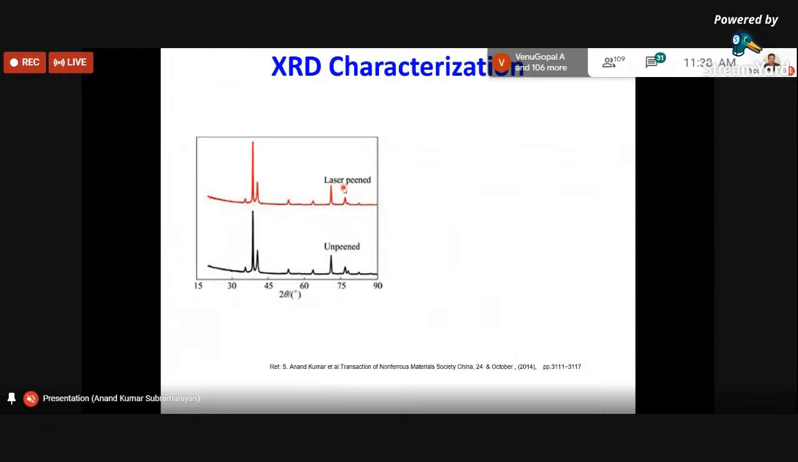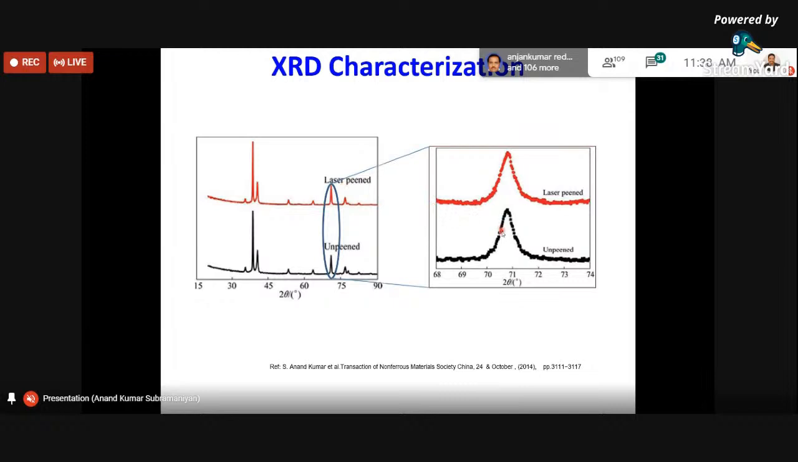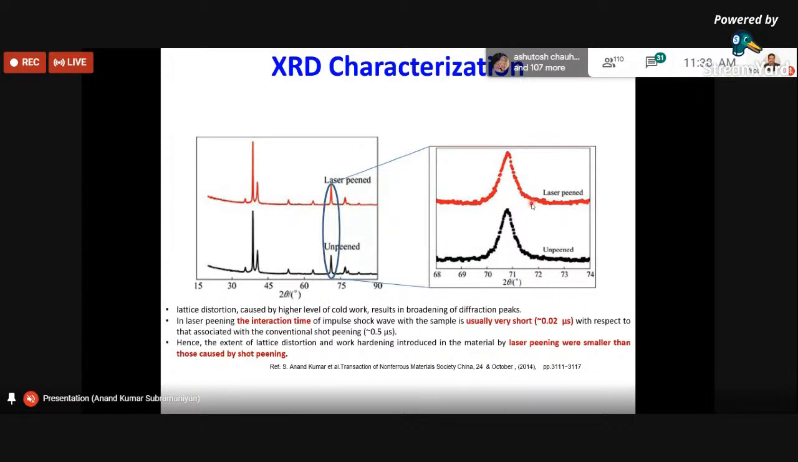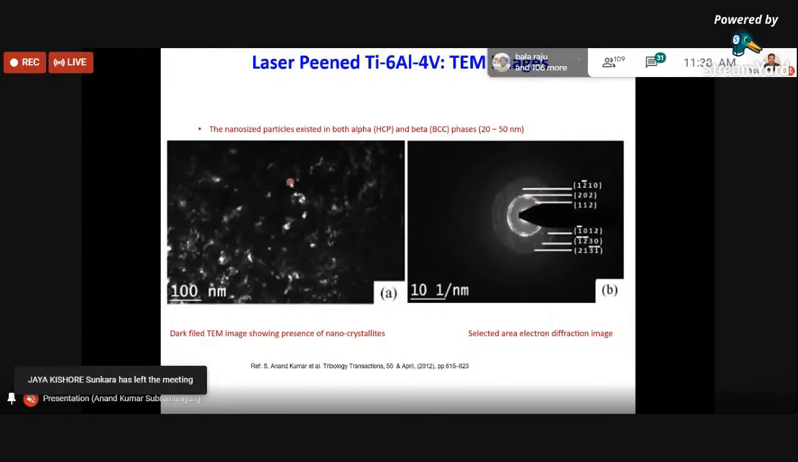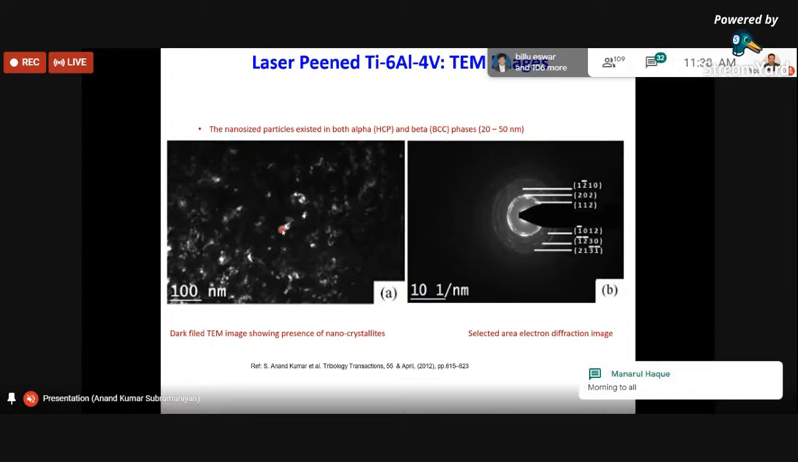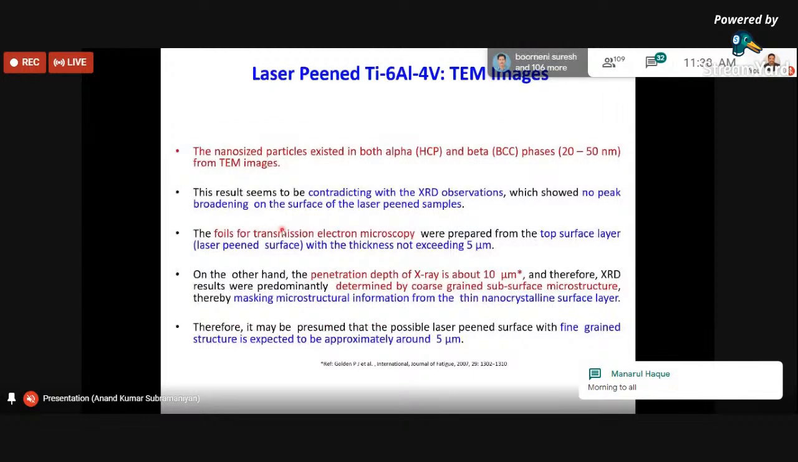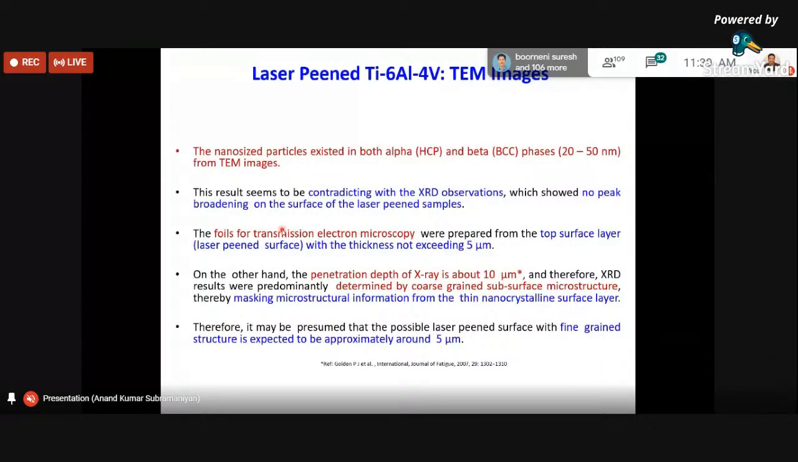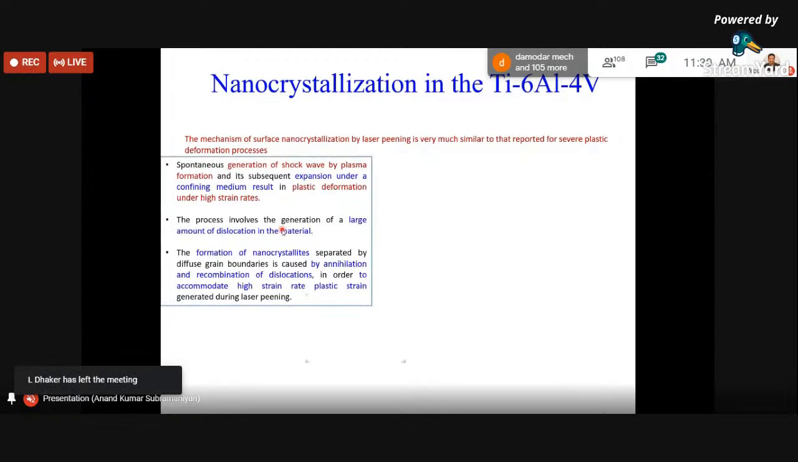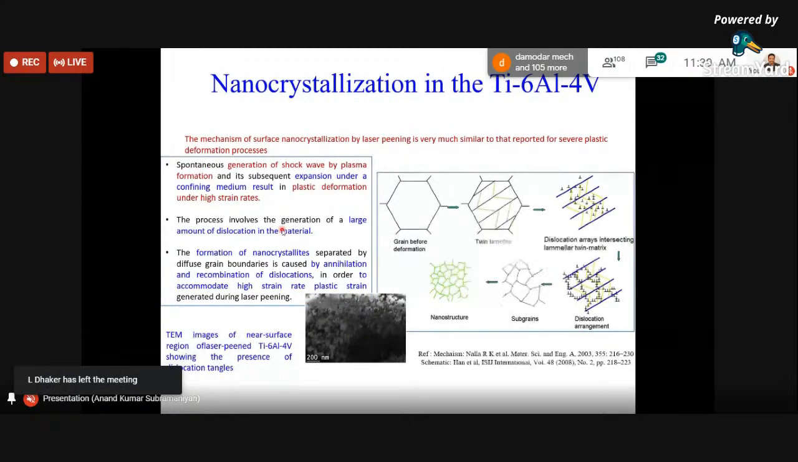And quickly, if we do an XRD characterization, what we will see is that there won't be appreciable peak broadening observed from the laser peened sample with the XRD technique between unpeened and laser peened. And subsequently, when we do transmission electron microscopy, we can get insight into the formation of this nanostructured layer. And of course, this is a slight deeper detail. In the interest of time, I'll just skip this, and I just want to give the mechanism for